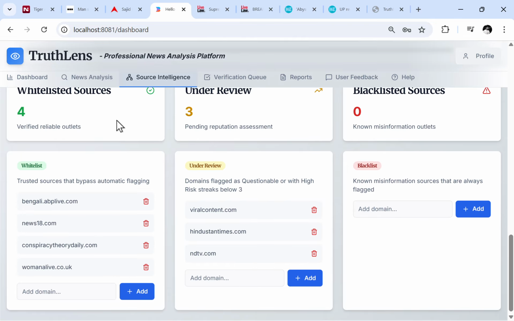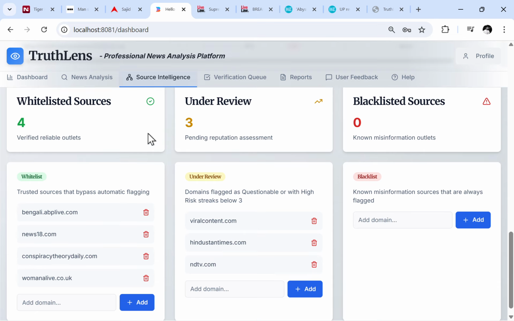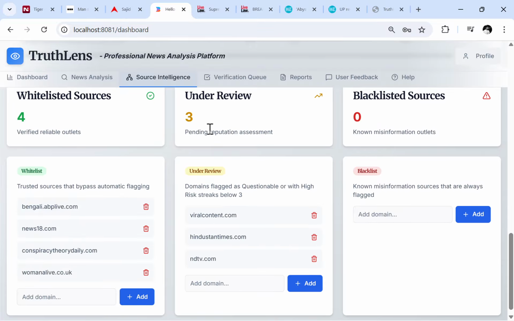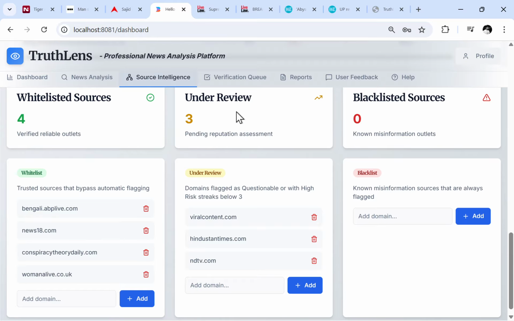Okay, the sources that are giving you completely reliable data over time will be pushed into the whitelisted sources, and the sources which are mainly in the questionable range or the risky range,